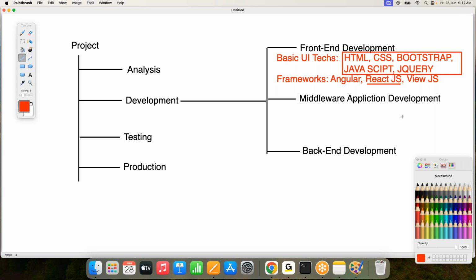Now we are in Java, right? We are thinking about Java. So now I'm going to take Java as the solution. Java is the technology to prepare this middleware application. To provide this middleware application development, I'm going to take Java as the technology. Understand my point clearly now? When we want to take this Java technology, the Java programming language, what technologies on behalf of Java do we have to learn to complete this middleware application development?